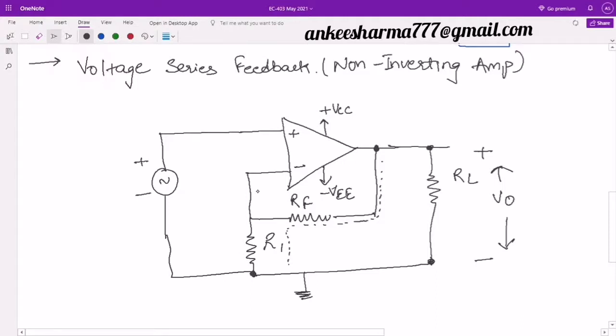If I have to find the voltage at this inverting terminal, if I name this voltage as V2 and this voltage as V1, you can see here that the V2 voltage is nothing but the voltage with respect to the ground, or can I say this V2 voltage will be available at this point also. So this point will also be V2 because they are all the same. Can I say the voltage across this resistor R1 is my V2 voltage? But what is my V0? V0 is the voltage across RF and R1.